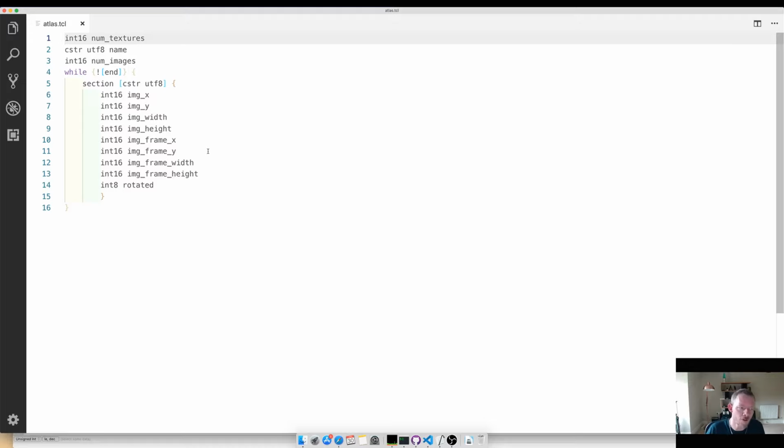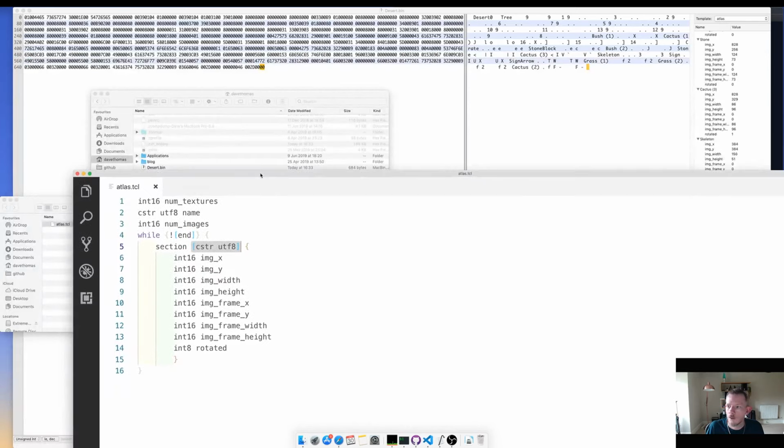I mean, this doesn't cater for the fact that there might be multiple textures, because that basically just reads the number of textures, a C string for UTF encoding of the name, a number of images, and while the file's not at the end, we create a section using the C string UTF-8, which creates the section name, which is these names you see here, stone, etc. They're all collapsed. And then you've got an int16 for the x, y, width, height, and one for whether it's rotated as well. And these all line up with